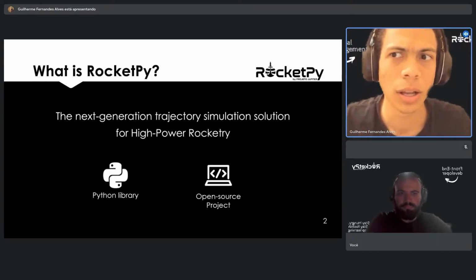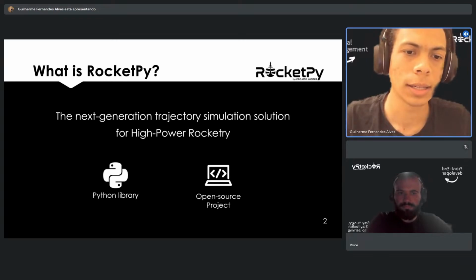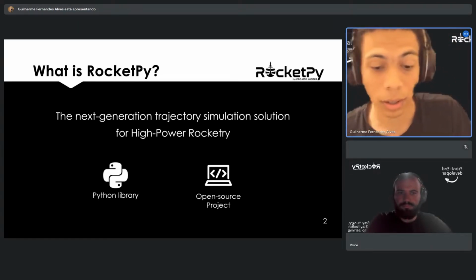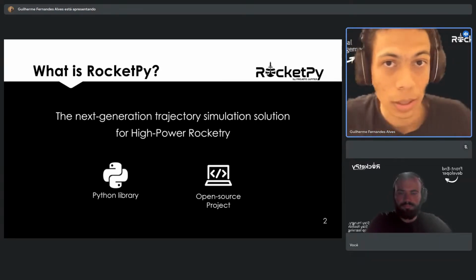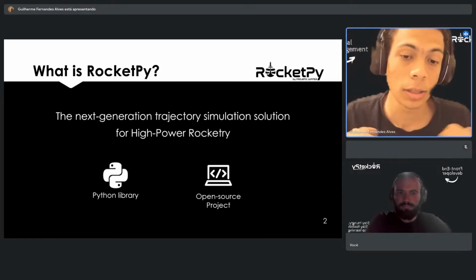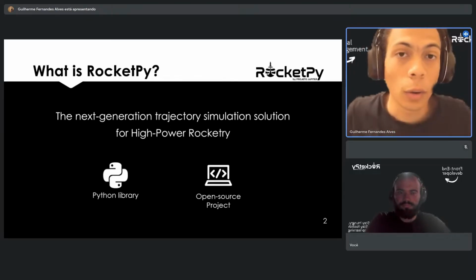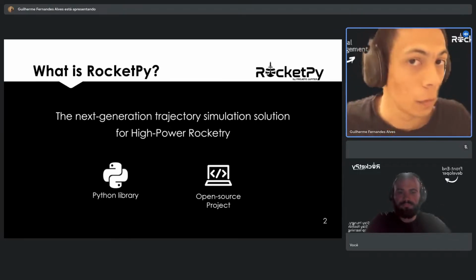The code itself is written as a Python library. And more important than that, it's an open source project. So basically, everything we do is available online. So you can download, install, test, use it, and even contribute to RocketPy if you want.